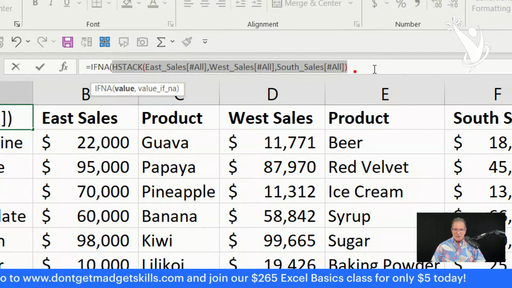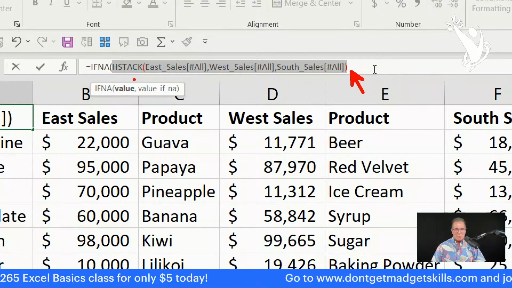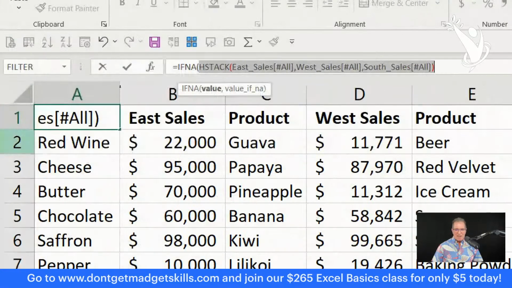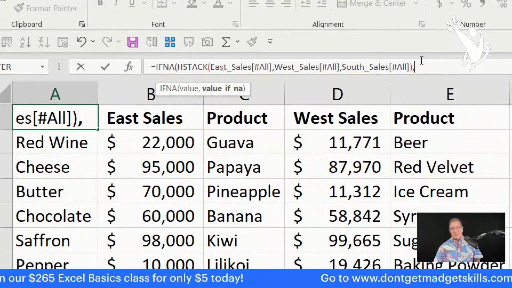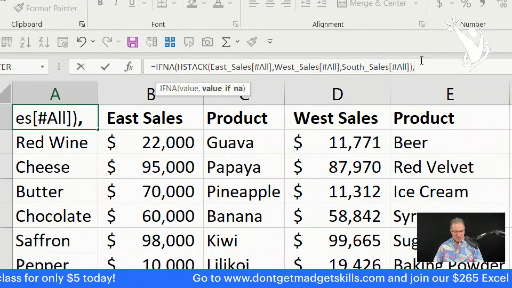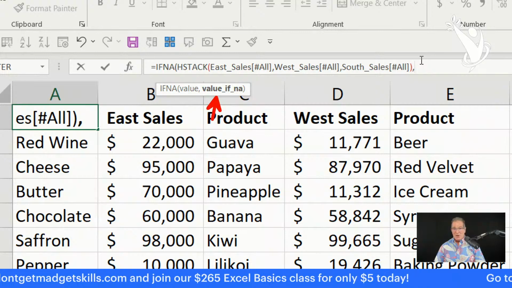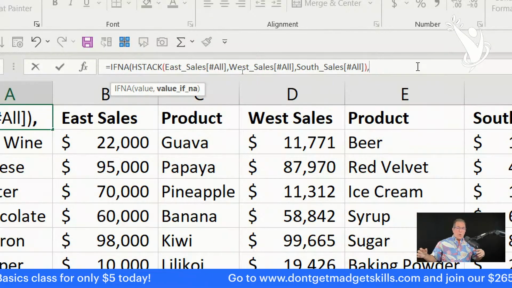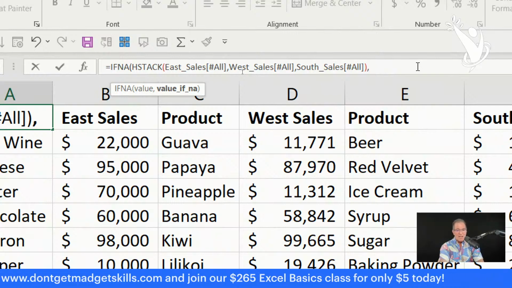Now you're going to put a comma right here at the end, and that's going to move us to the value_if_na argument. And now you see that the value_if_na is bolded. That means we are in that argument right now. And here's where we're going to put what we want to display if the results are NA.